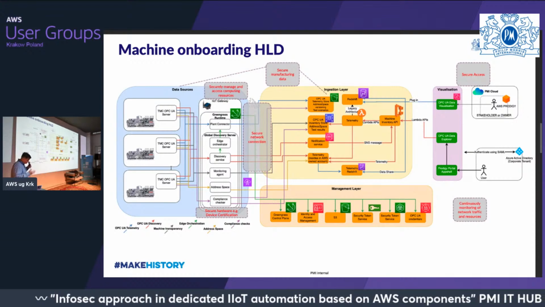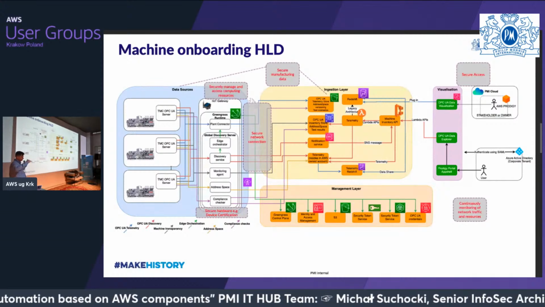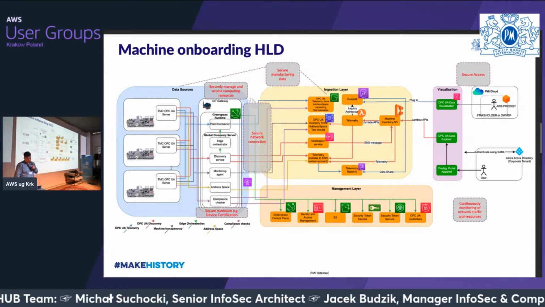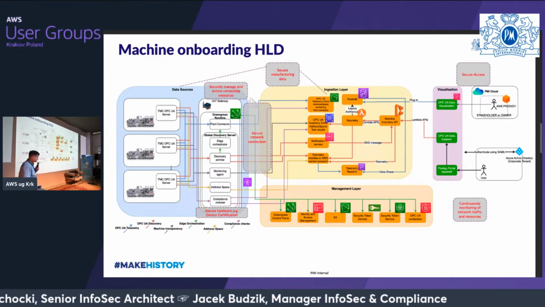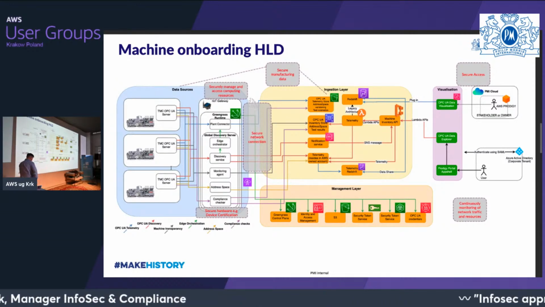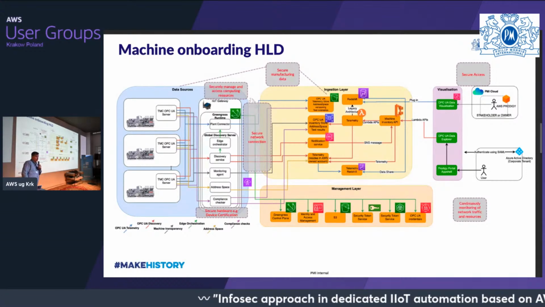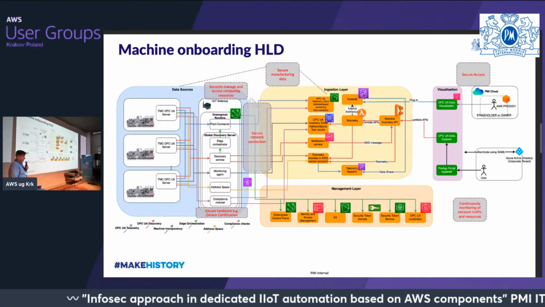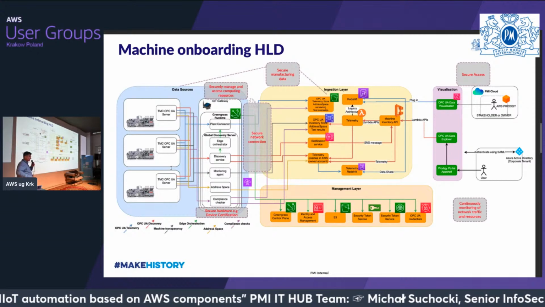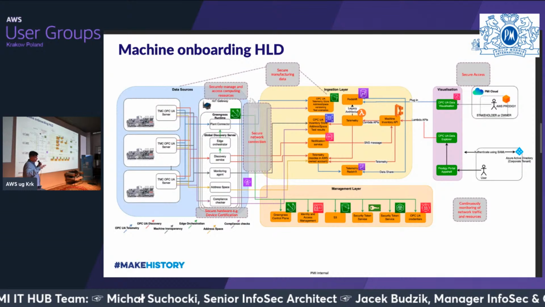For that purpose, many years ago, the so-called Purdue model was established, which is a kind of segmentation of the network, allowing security to be set up. But unfortunately or fortunately, due to technology changes, this model is already somewhat outdated, and Industry 4.0 addresses this in a bit different way. However, we can say that we have three main layers. We have a floor layer, then the edge processing layer, and then what we can call the business or office layer.